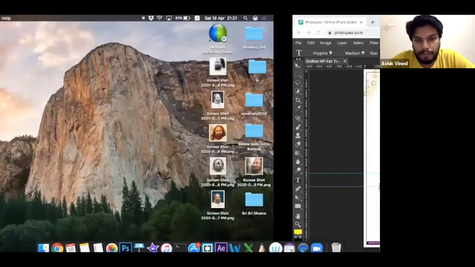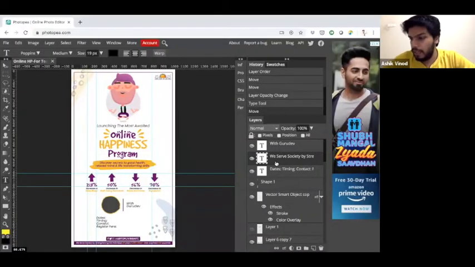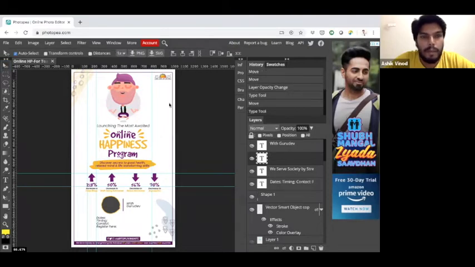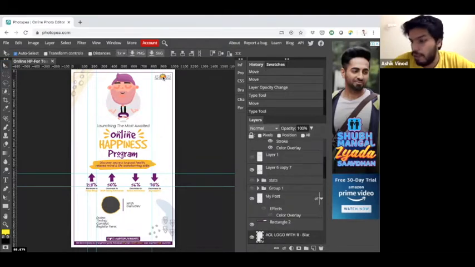All right. Now, coming back, we have discussed showing layers, opacity, the order in which layers are placed, and how to move layers. It's the move tool which you have to select to move layers. Now, how to lock two layers together.